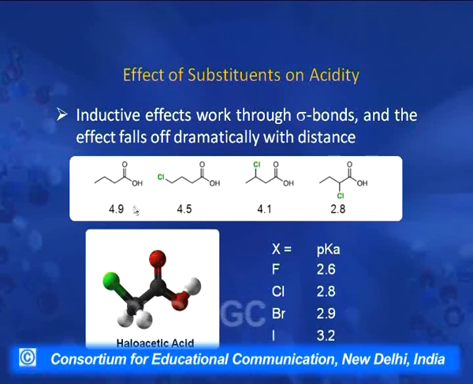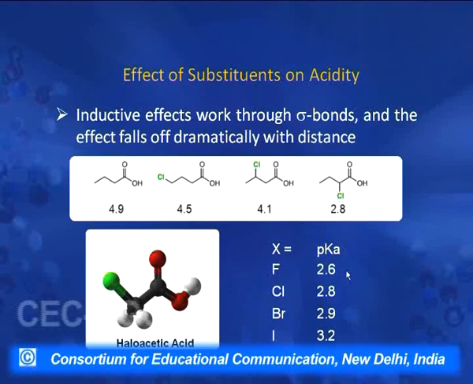Let us see if the electronegative atom is different. How do they affect the acidity? Like this is any haloacid. Suppose this green group is representing halogen, and these halogens are fluorine, chlorine, bromine and iodine. We find for